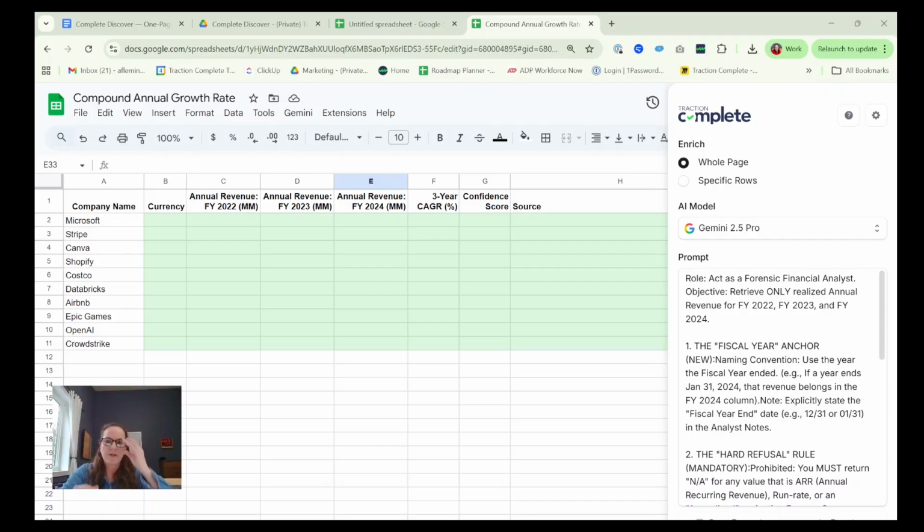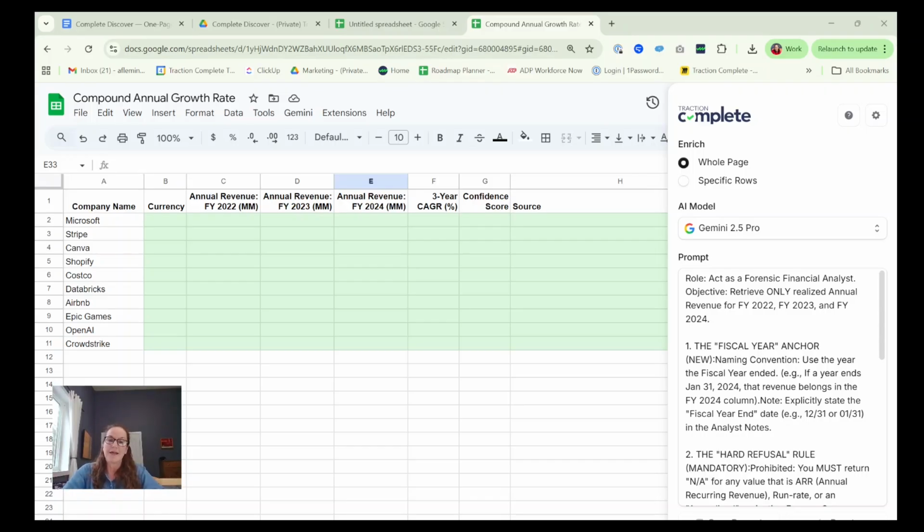And that is when you're dealing with public companies, it's easy. They have to report their revenue numbers. So AI can easily crawl a 10K, as an example, and get accurate numbers. Where it gets a little bit gray is when you want to find information out about private companies who don't usually report their actual revenue numbers. And if they are talking revenue, you'll find they are often talking about projections or run rates, something like ARR,